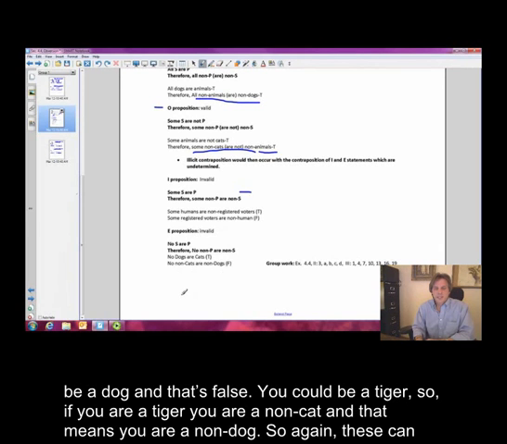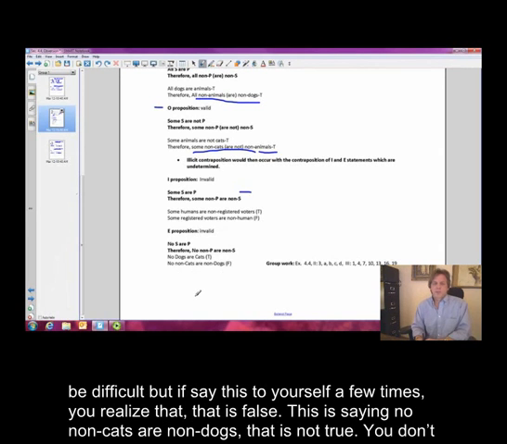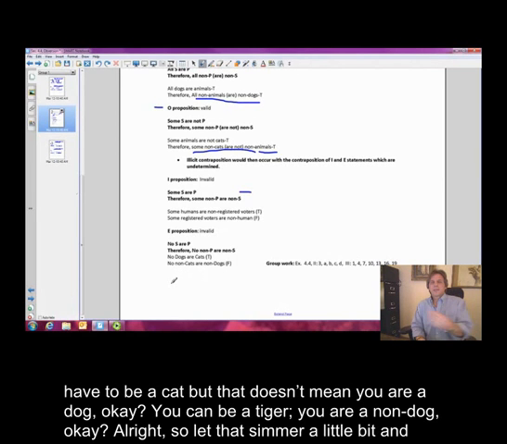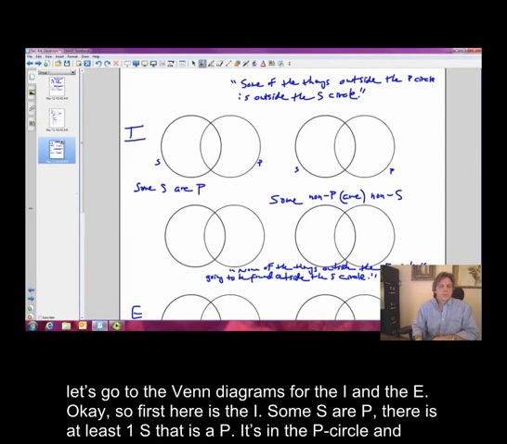So again, these can be difficult, but if you say this to yourself a few times, you realize that is false. This is saying no non-cats are non-dogs. That's not true. You don't have to be a cat, but that doesn't mean you're a dog, okay? You can be a tiger. You are a non-dog, okay? All right, so let that simmer a little bit,